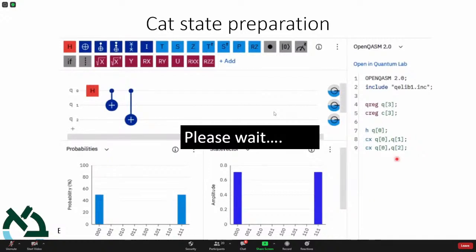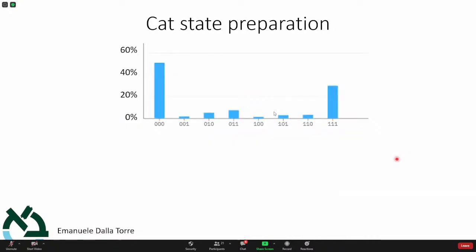The reason I'm bringing this up is that I'm really interested in what's going on in reality. The first message is that you need to wait. We are used to saying that quantum computers are really fast. Actually, no, they're quite slow. It takes a lot of time because you need to connect to the queue, wait in the queue, and then process the quantum job. So it's not fast when you compare it with a 2.1 gigahertz Intel microprocessor. These quantum computers are actually very, very slow. But okay, we know that they may have possibilities that go beyond classical computers. So when you have waited long enough, you get the result. And let me show you the result.